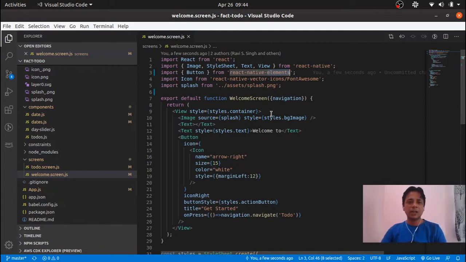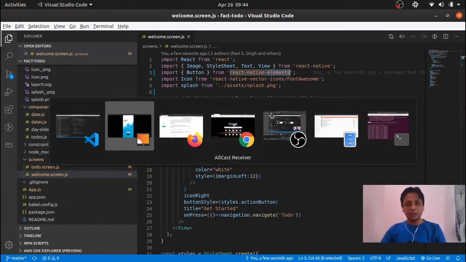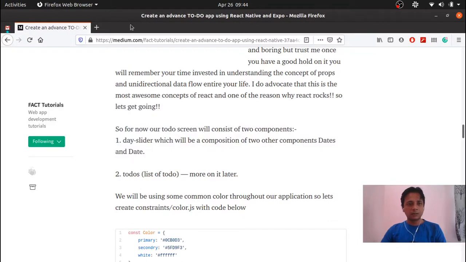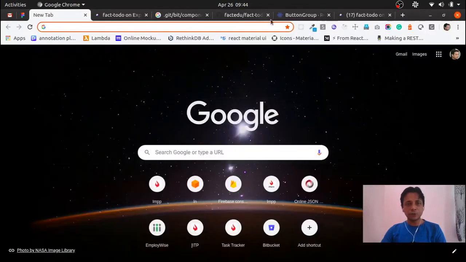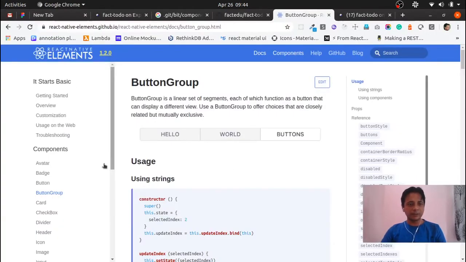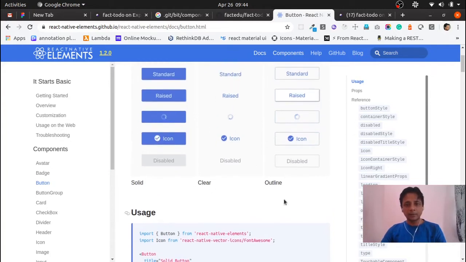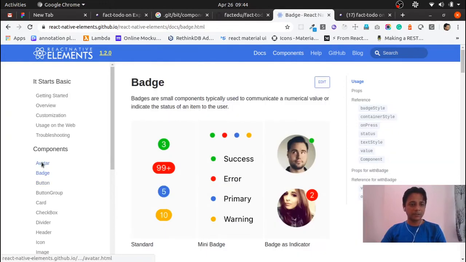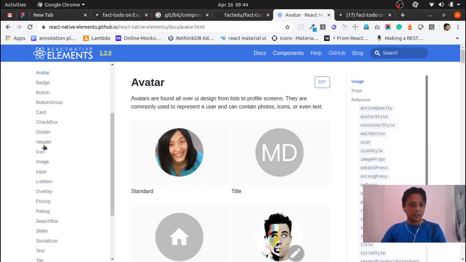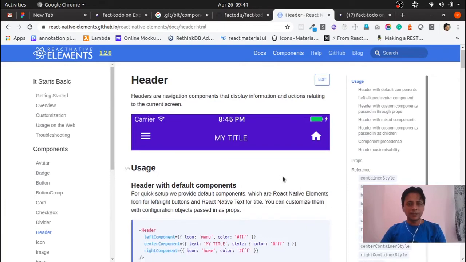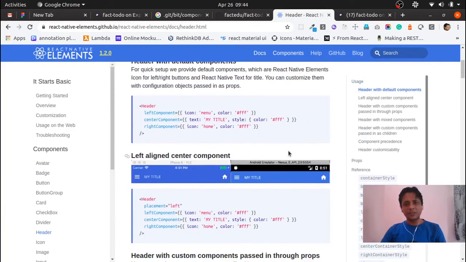So you can have many components built in that you can choose from. Here you can go and you can see that it has different types of pre-built components, such as loading and one with the icon, and then different styles that you want to implement, and badges, avatars, and pretty much everything that you might need to create a small application.